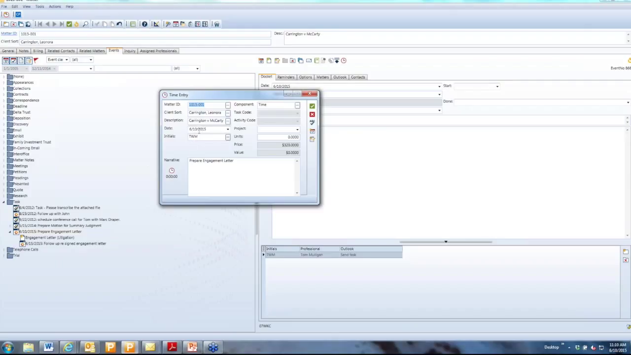This software knows where I am in the program. I'm in a particular matter, so it's filled in the name of that matter, the client's name, and the matter's ID as well for me. So really all I need to do is keep track of my time and then save this as a time